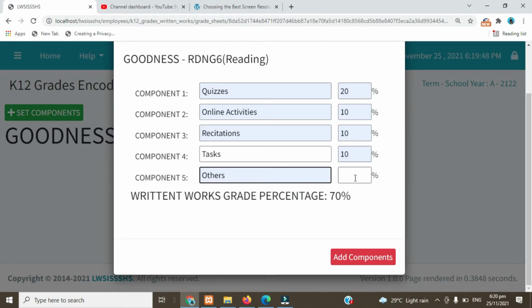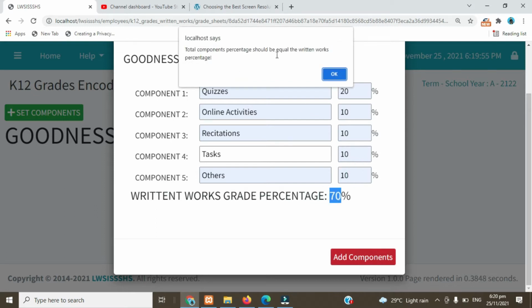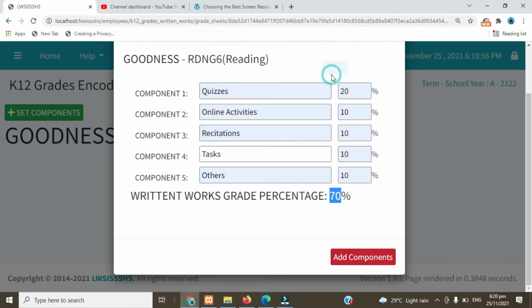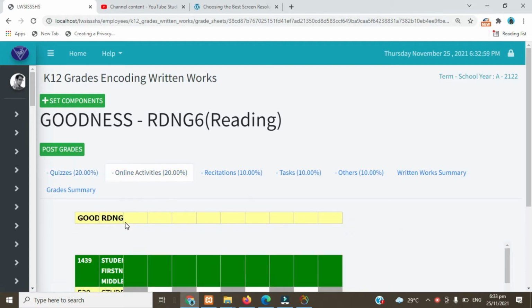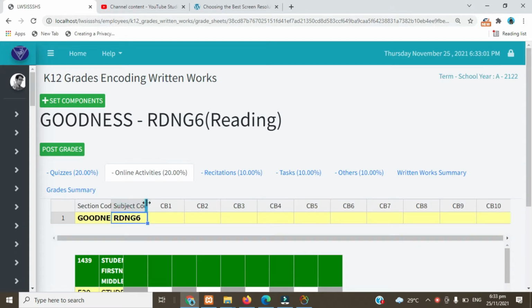So the five components here that are now being set up by the teacher should match that 70%. If not matched, the system will not allow this criteria to be submitted. So now the teacher is obliged to set up the criteria to 70% to match the required 70% of the written works. Once submitted, you can see the scoring sheets,